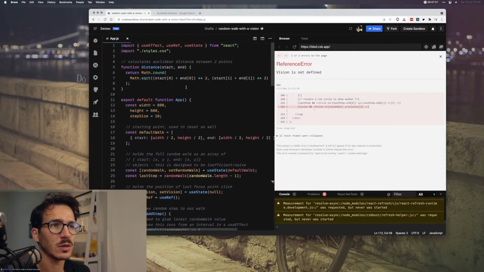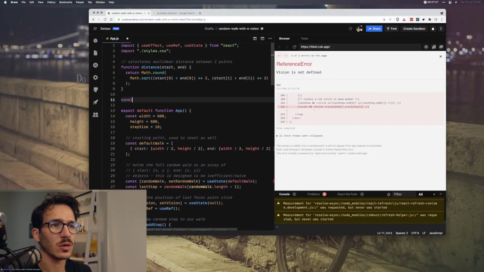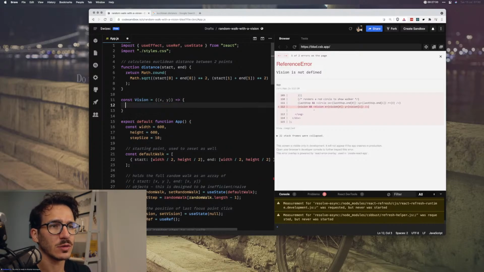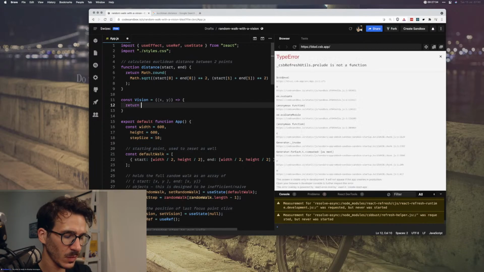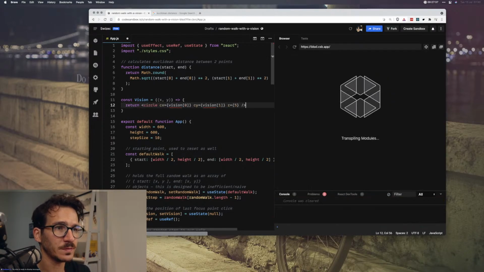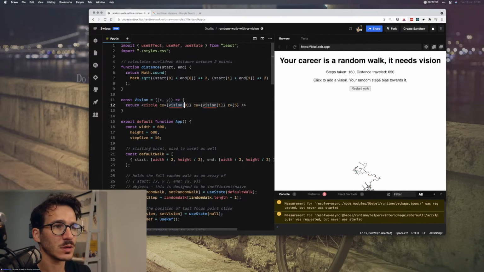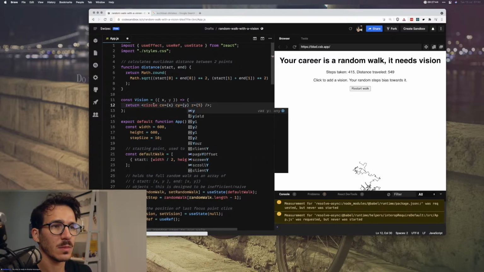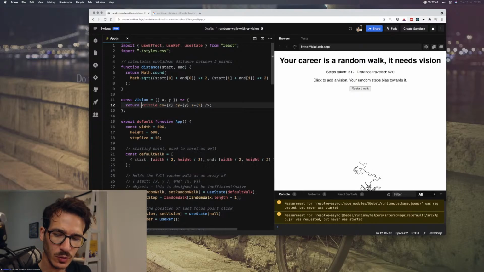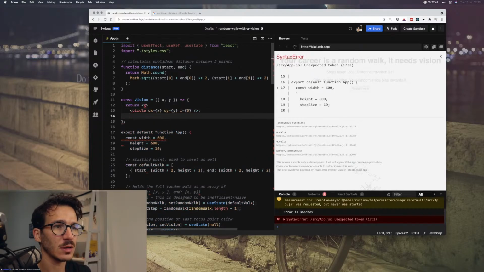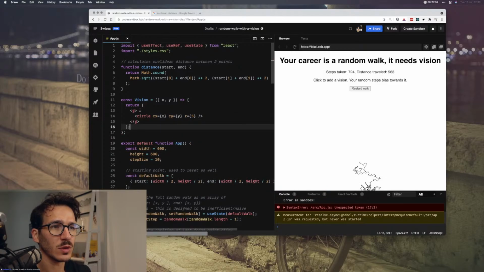Where are we? Okay. Const Vision equals a component that gets an x and a y, and it's going to return the circle that's just x and y, but it's also going to put all of this in a grouping element, and that grouping element will contain a text.